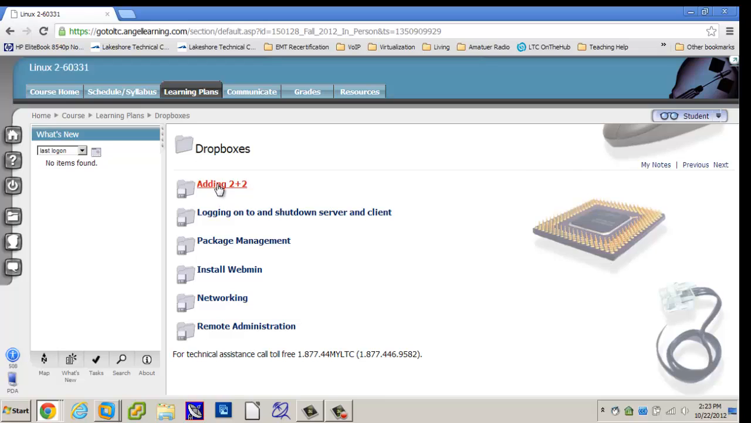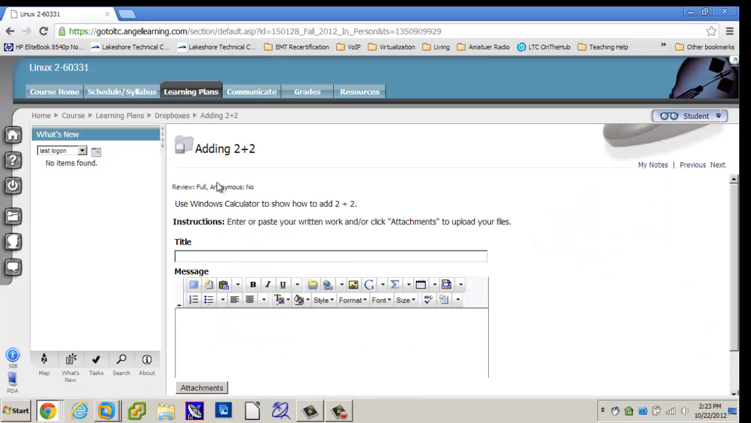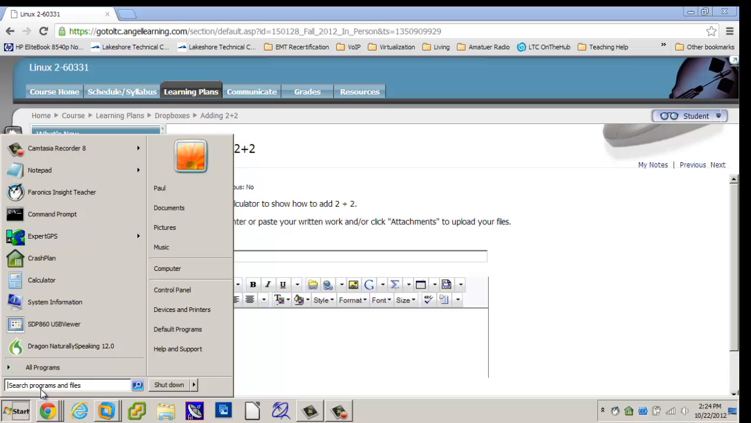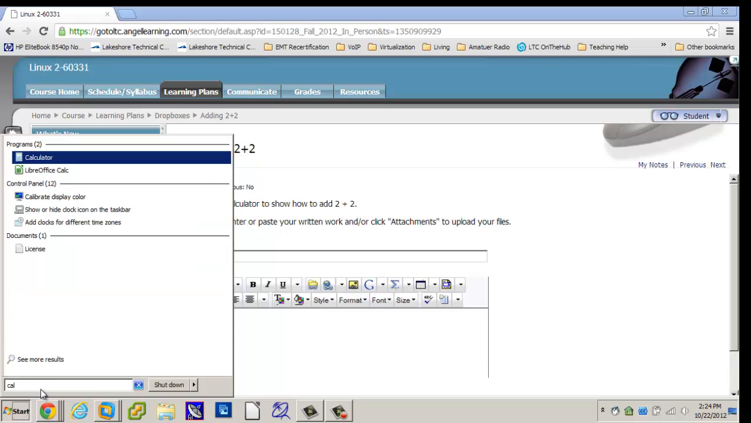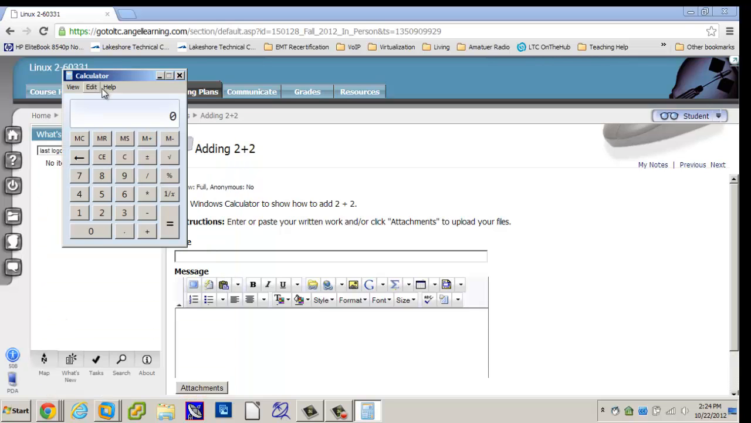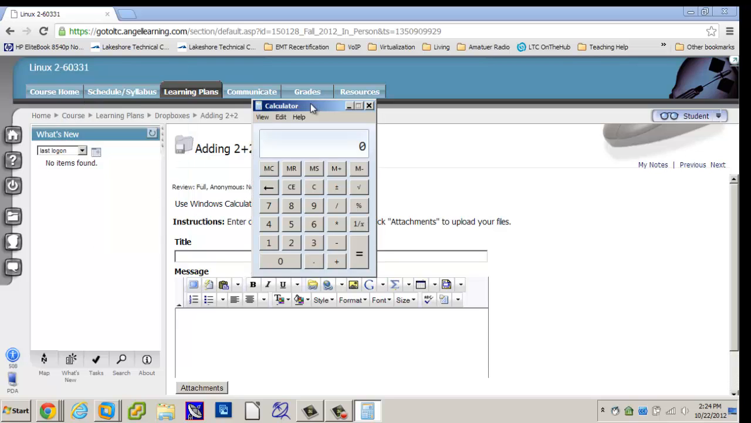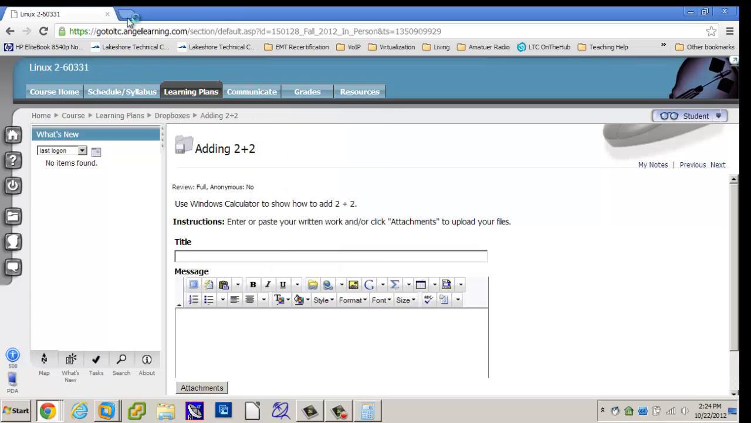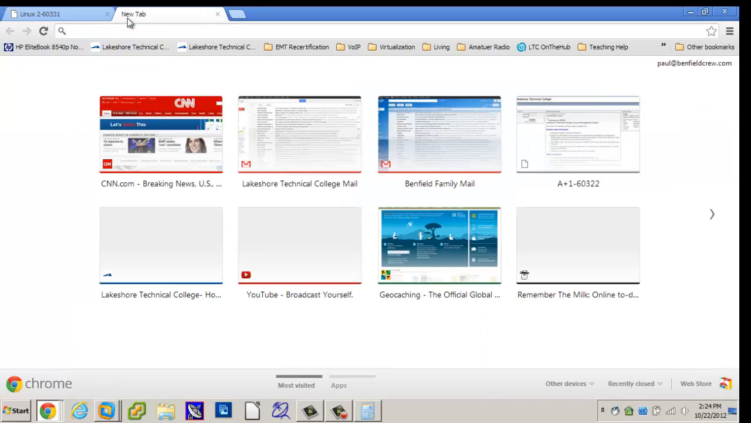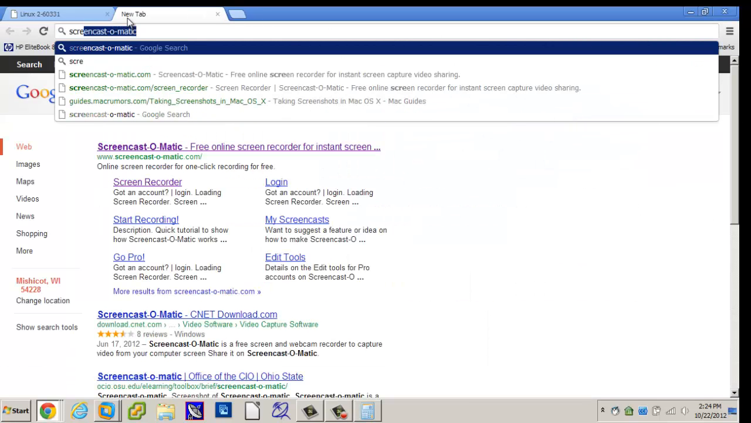I'm going to use this example of adding 2 plus 2. It says, use Windows Calculator to show how to add 2 plus 2. So you get everything ready on your computer, and I'm probably going to need to use a calculator. So I'm going to find the program calculator, and I have it all up and ready. Once I have everything ready that I want to be working with, I want to go to a website called